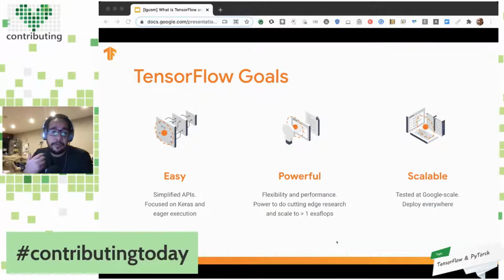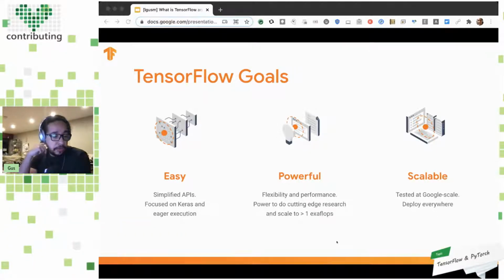What are the goals of TensorFlow? Make machine learning easy, simplify as much as possible, and still give you a super powerful tool, available even for the top researchers, or for developers, or for anyone that's trying to use it. And of course, be as scalable as possible, to be able to train your models on multiple machines, as training some models might take days, right? It can go from 5 minutes on your machine to days on data centers. So this is not something that you can do in any way you want. You have to think about that so you can even finish training.